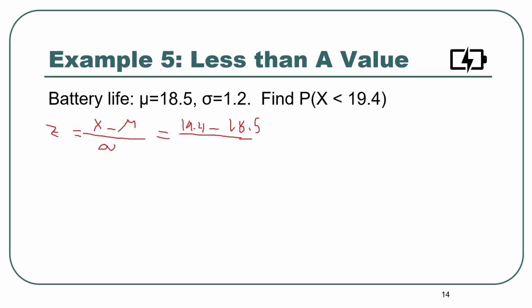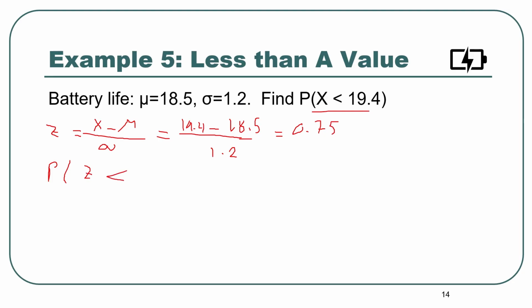Read it from my table and put it as the solution of this part. So here we are just converting. 19.4 minus the 18.5 over 1.2 sigma will give me exactly 0.75. So now converting that problem to a new problem, which is a probability in standardized units, z less than